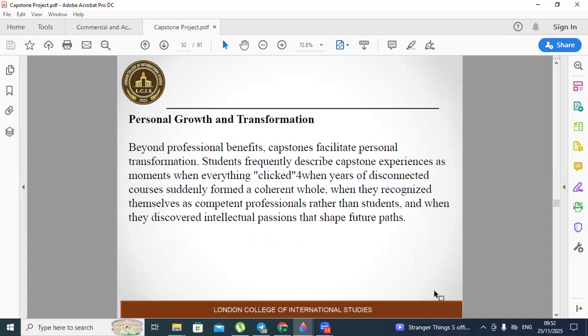Personal growth and transformation. Beyond professional benefits, capstones facilitate personal transformation at a deeper level. Students frequently describe the capstone experience as the moment when everything suddenly clicked, when years of seemingly disconnected courses suddenly formed a coherent whole, when they recognized themselves as competent professionals rather than perpetual students, and when they discovered intellectual passions